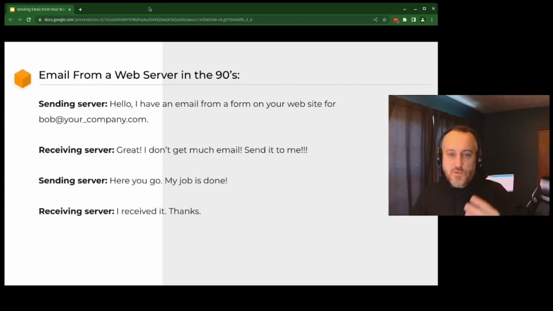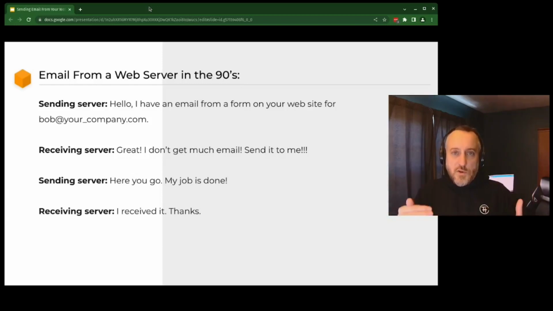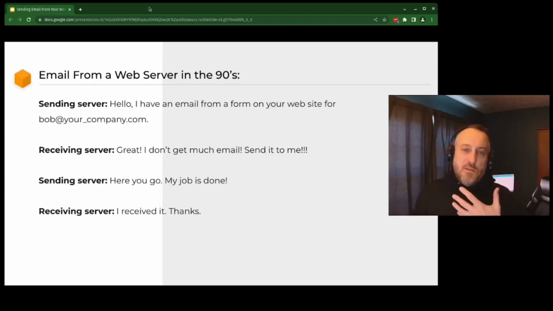Just real simple information. When you submit, you go to the contact form, you put in your name, your email, and your subject, and you hit submit. In the background, the web server, WordPress, is told to try to send mail. I'm going to walk you through step by step what is going on.